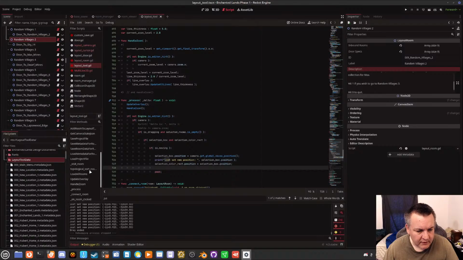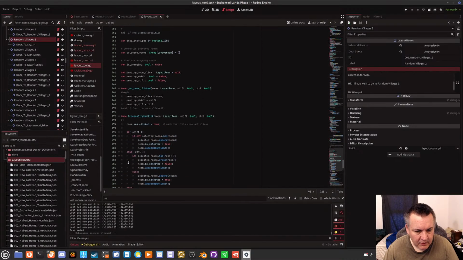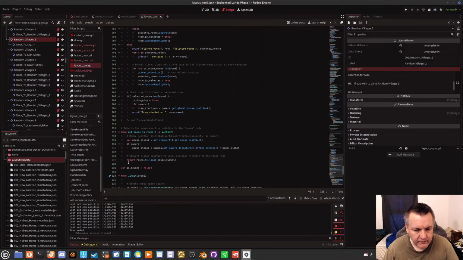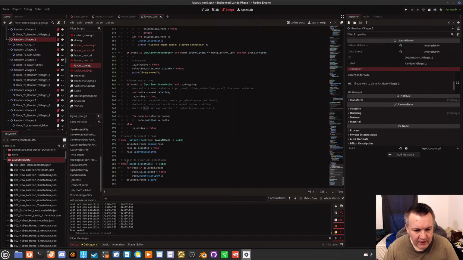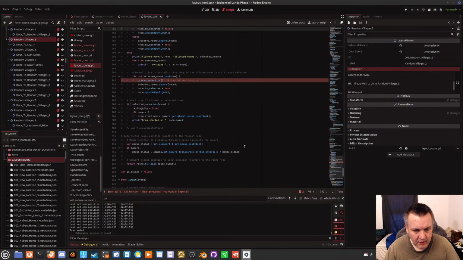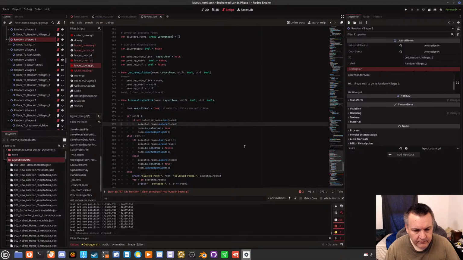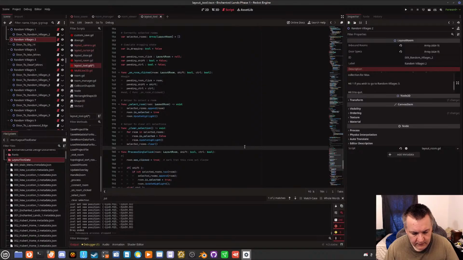We are in process. Where is process? Okay, what do I have at the bottom here? Input. See, I actually have the input down below. We're not worried about select room or clear selection. Okay, we'll put this up here. Like that. Should be okay.